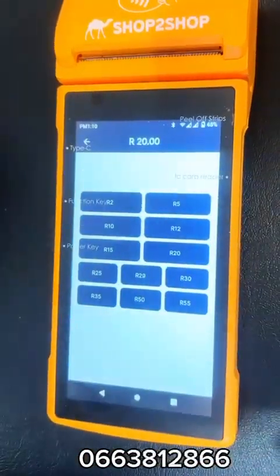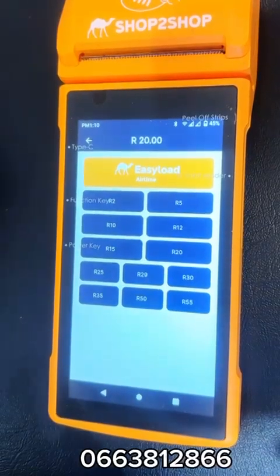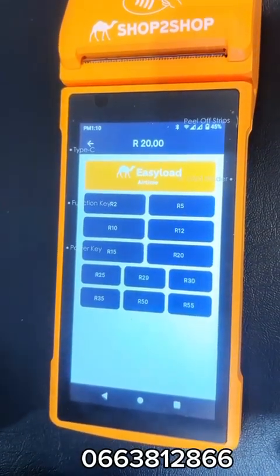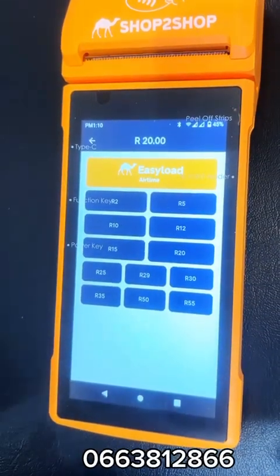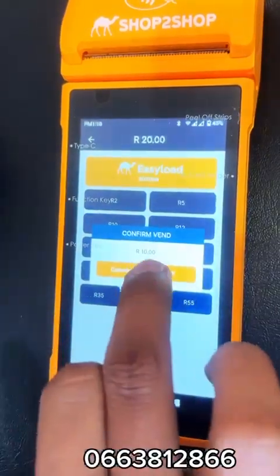Okay, just let me introduce you to Easy Airtime. For example, I want to sell 10 rand of airtime. I told you, if you sell 10 rand airtime, you will get 6% commission out of 10 rand. Okay,